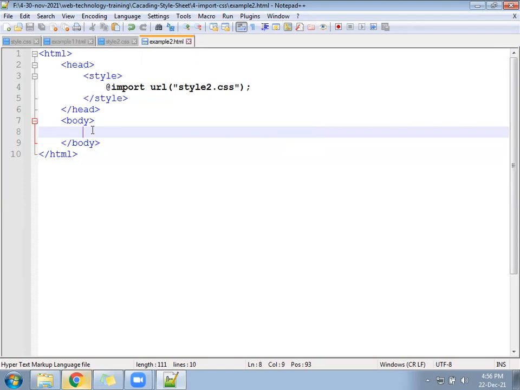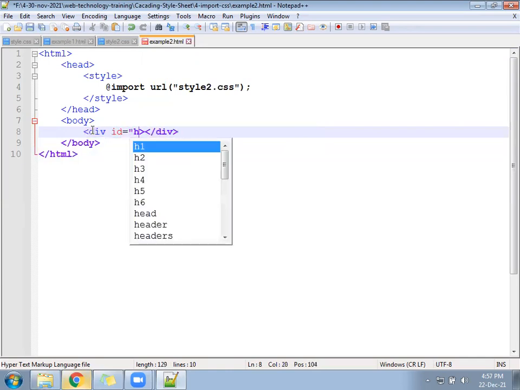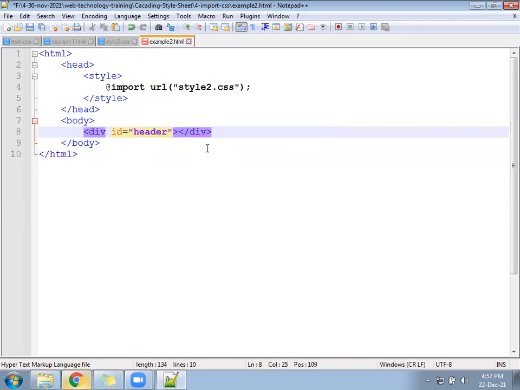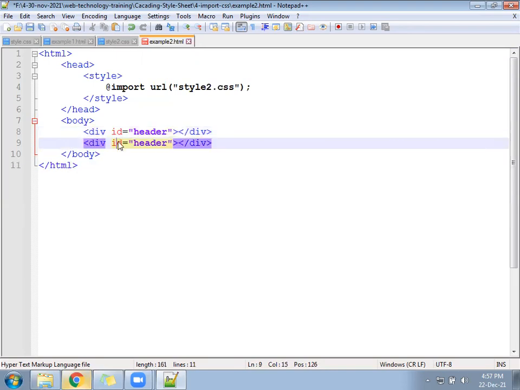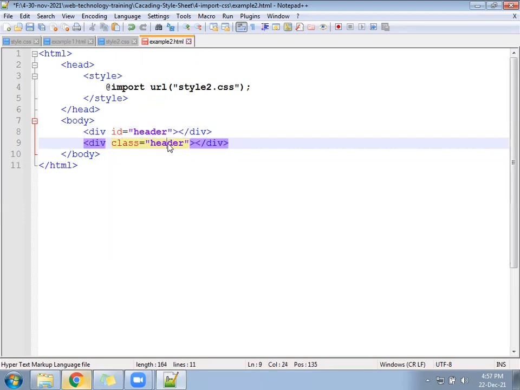Okay, ready. Now go ahead, write a division tag. Keep id equal to header. Header. Keep another division. Put some class here, class equal to my blog. My blog.